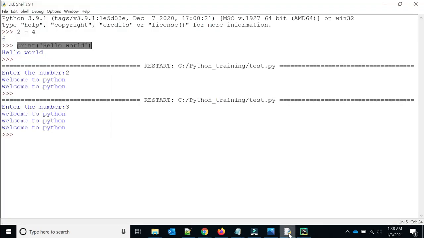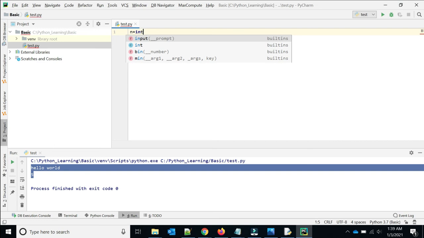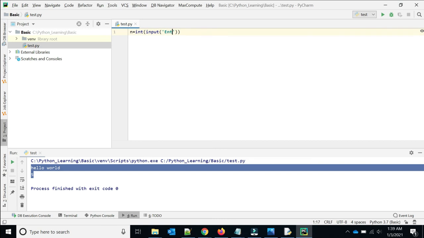So like we have written this program, the same program will run in PyCharm also. Okay, so n equal to int input. How to run this, right click and run.